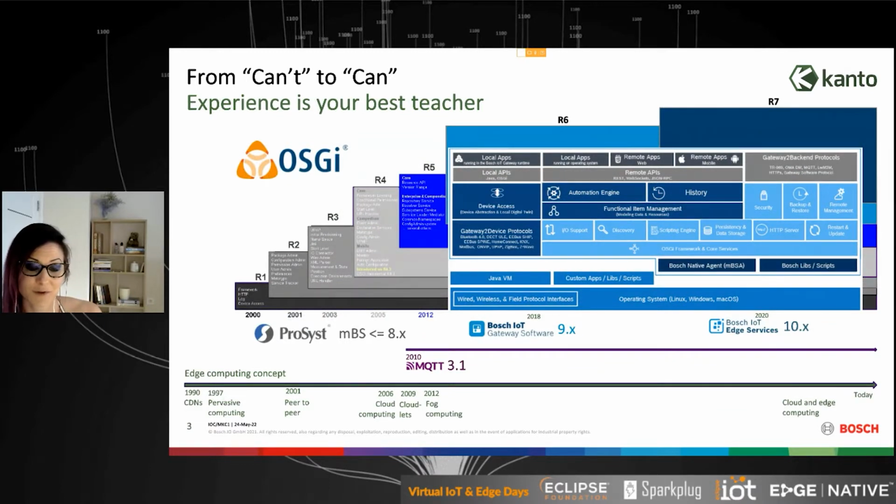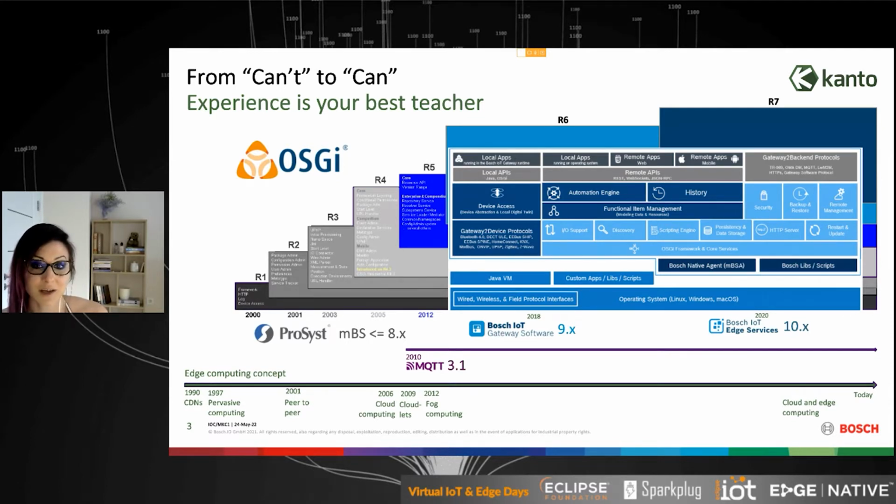So what is your best teacher? Here on this diagram, you can see a lot of information. I will walk you through it just to explain why I have titled this one "Experience is Your Best Teacher." Usually, when you're facing some kind of case and you want to do something with it, it's best to get your hands dirty, which means that sometimes only going through specifications and ideas about what some devices might or might not do would not give you the 100% results you're going for and that you would wish to have known when you started these projects.